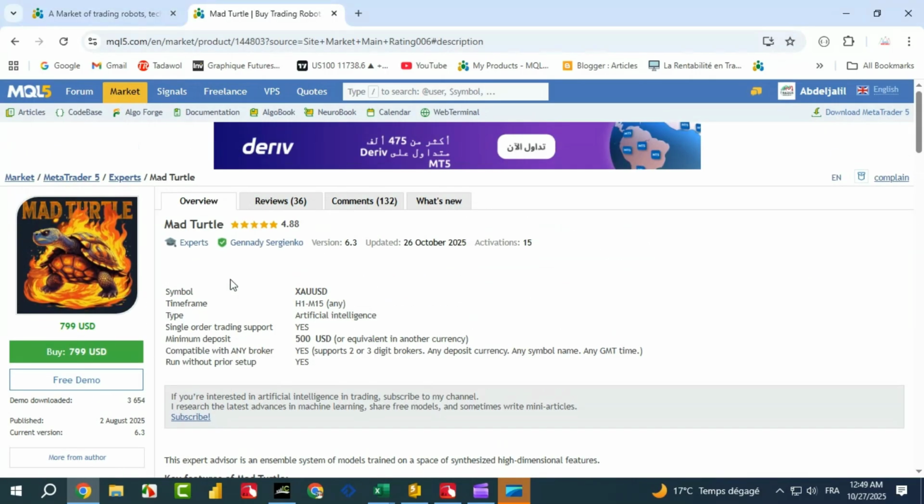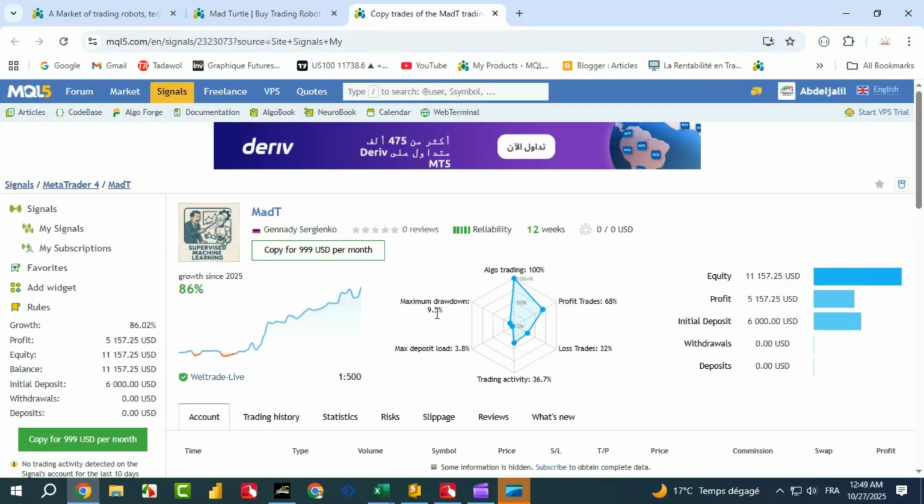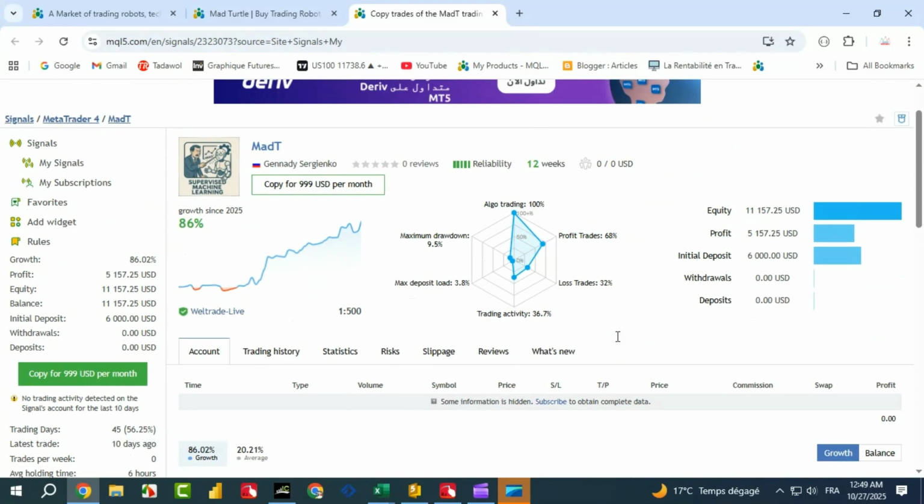First, we'll download their trade history into our Excel Pro Trading Analytics template. We'll choose the MT4 signal, since it has enough trade history and at least 12 weeks of data. The MT5 version, on the other hand, is still new, with limited data and only a small initial deposit. The initial deposit for this account is $6,000, and it trades gold exclusively through the WellTrade Forex and CFD's retail